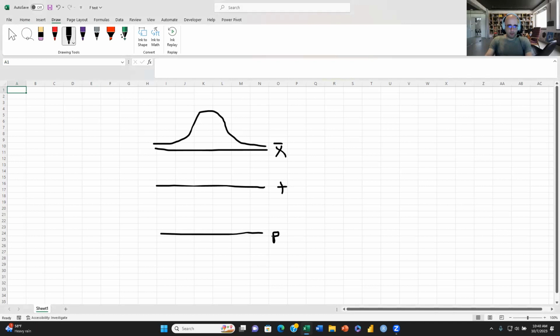You're assuming some null mean, some assumed state of affairs, and you're comparing it against the sample mean. Let's just say the sample mean's over here. If these two means are close together, then you would say something like,